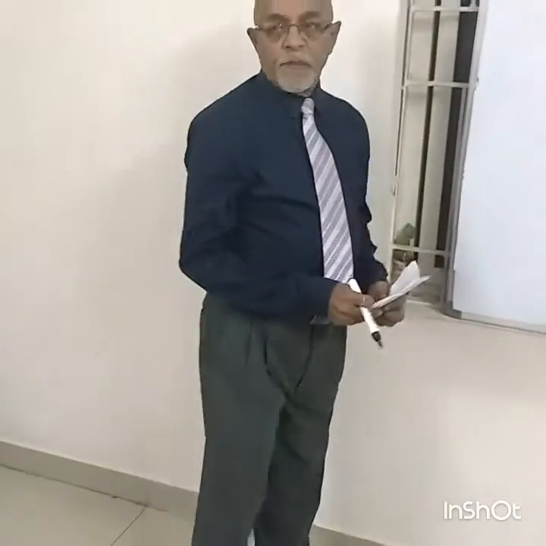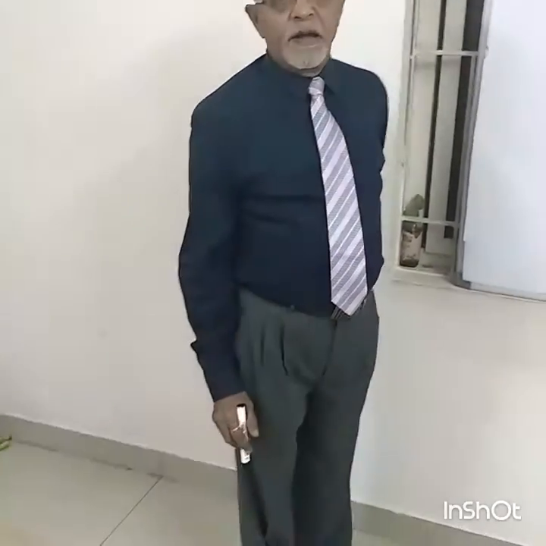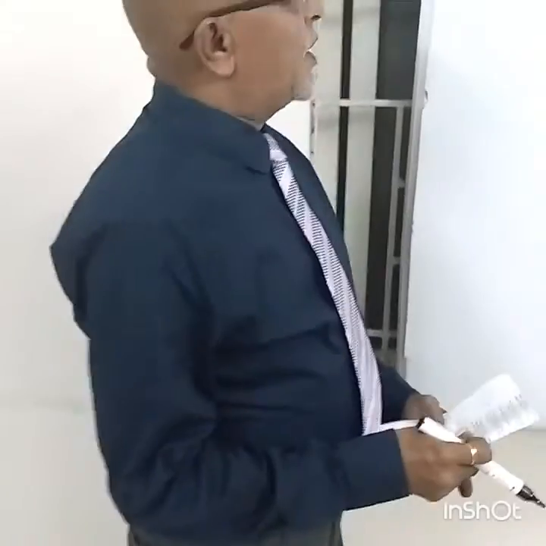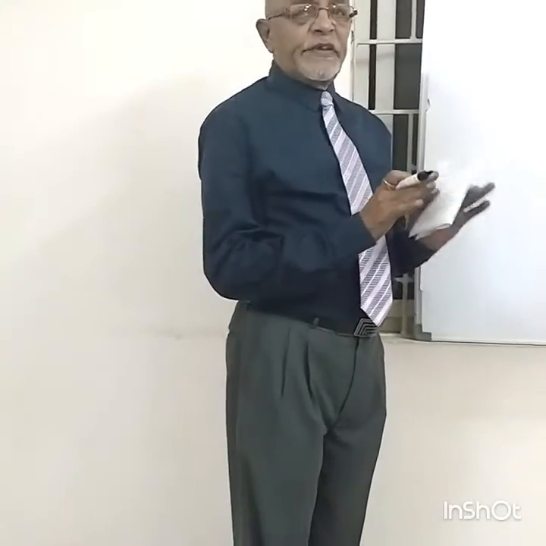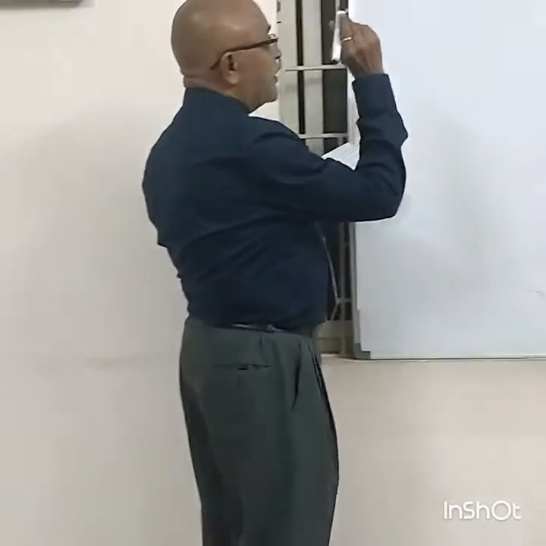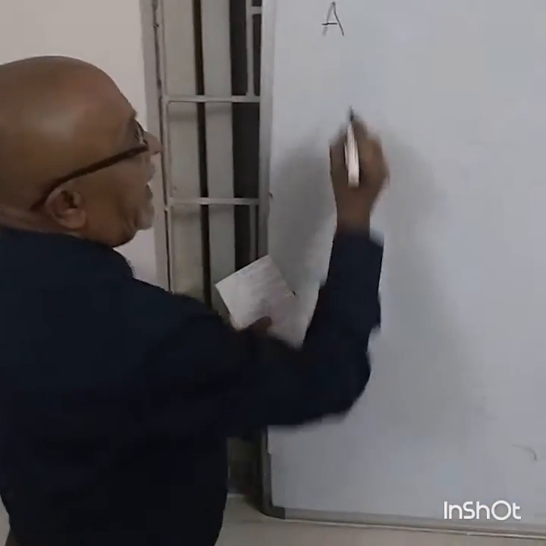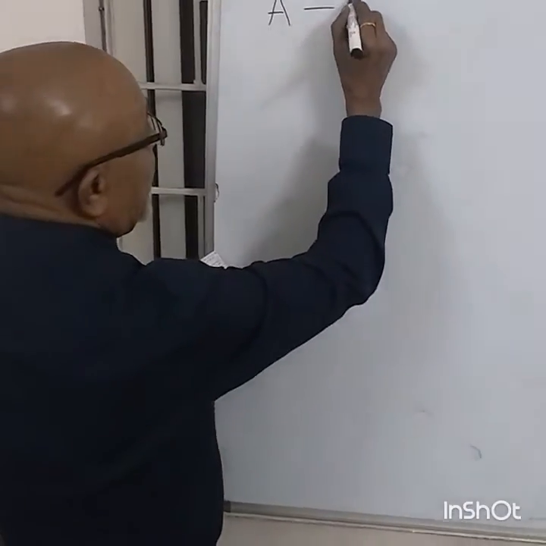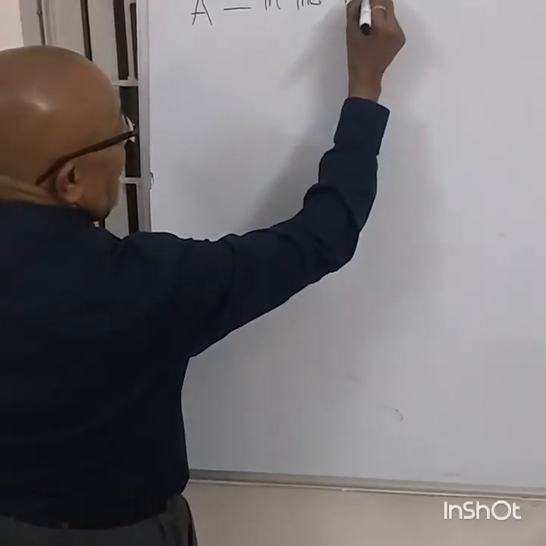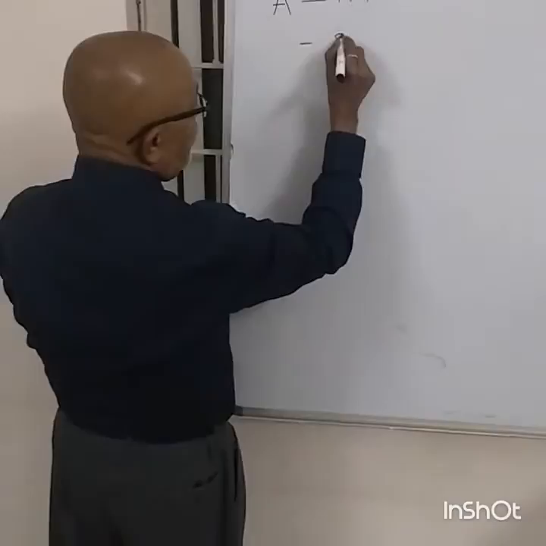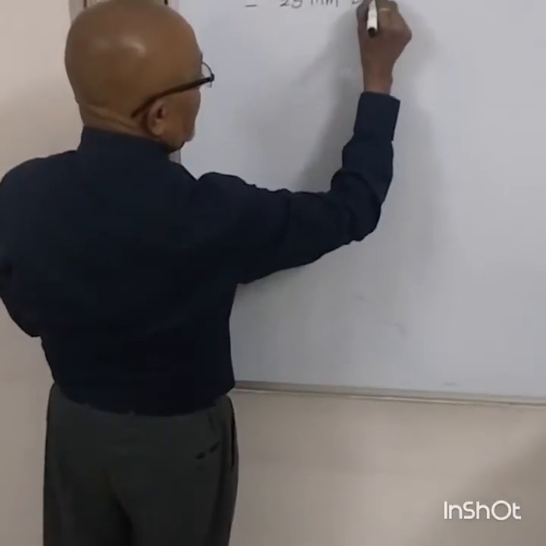Now, for any typical problem on engineering graphics, please look at the given data in two parts. What is the data given with respect to the horizontal plane and what is the data given with respect to the vertical plane? Now, when we look at this, there are two ends of a straight line. End A is in the horizontal plane and 25 mm behind the vertical plane,